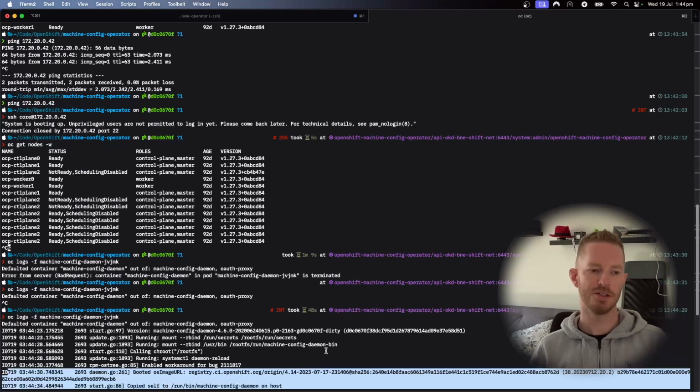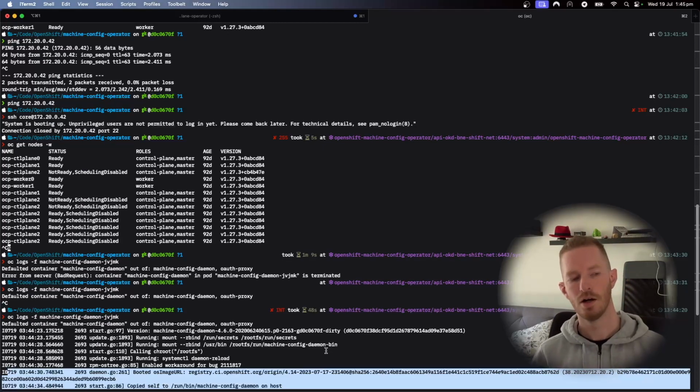But I don't really understand how we ended up in that situation to begin with. So there's probably some opportunities to improve the logic within the machine config daemon with how it handles those rpm-ostree rebases, and if it fails, we can probably implement some kind of retry logic there to fix that. The main thing is that we were able to apply some of the knowledge that we looked at in the previous part of this video to troubleshooting this issue, and some of the knowledge of knowing where to find the code, the log messages, and just being able to read through and understand what's actually supposed to happen